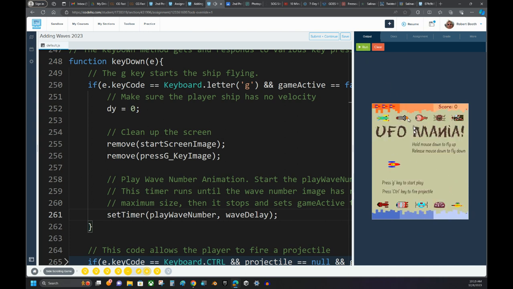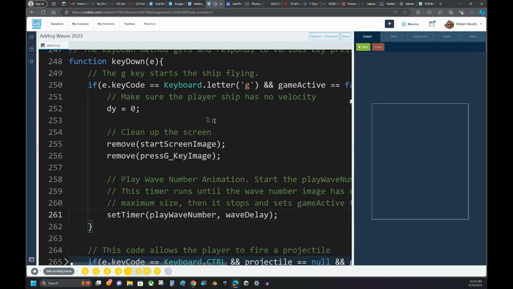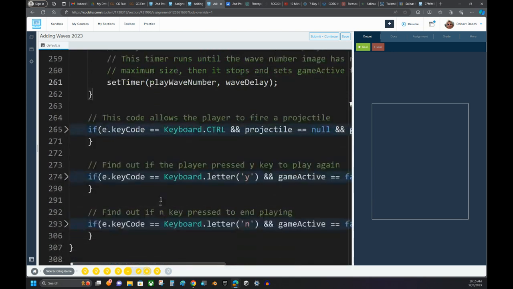Let's see, press run, press the G key. Yep, everything still works. And that's because at the moment, even when I'm pressing the G key, I'm calling that play wave number. There's an issue, and we'll deal with that too. All right. Don't worry, it'll get taken care of. All right. So in the play wave number,